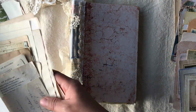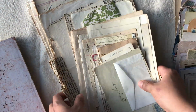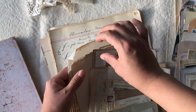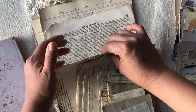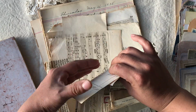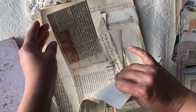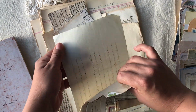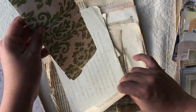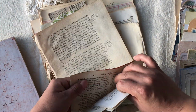And then it's also going to come with this huge paper kit, and in the kit there is ledger paper. This is authentic ledger paper, very old book pages. You can use them to collage, to make pockets. There's some of that old music paper, some authentic manuscript papers, some tag bases, pocket bases, another French manuscript. This is some very old wallpaper you can use as tabs, some super old book pages,